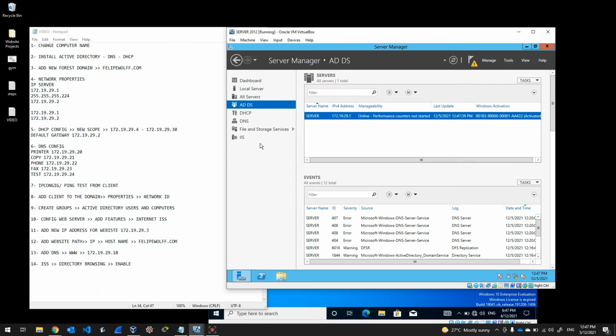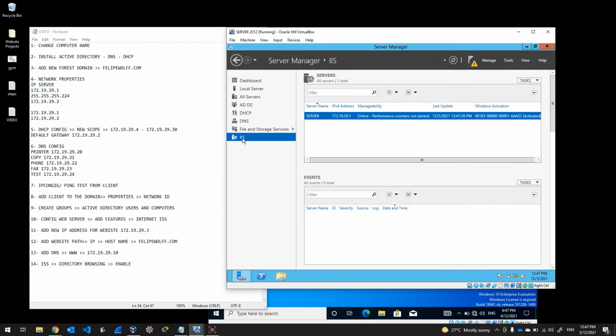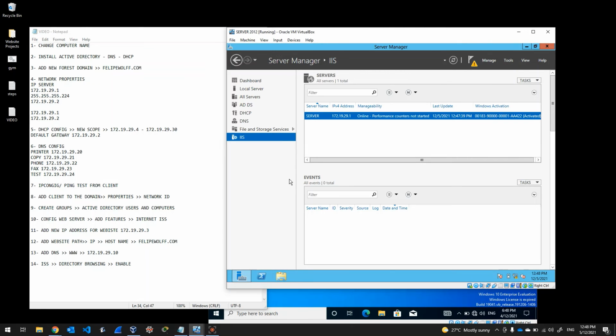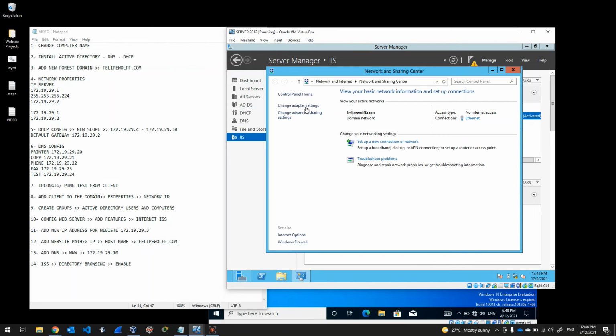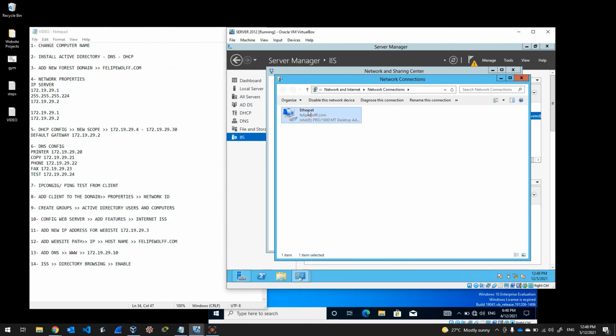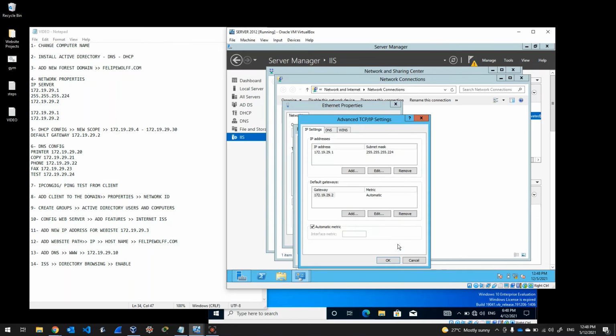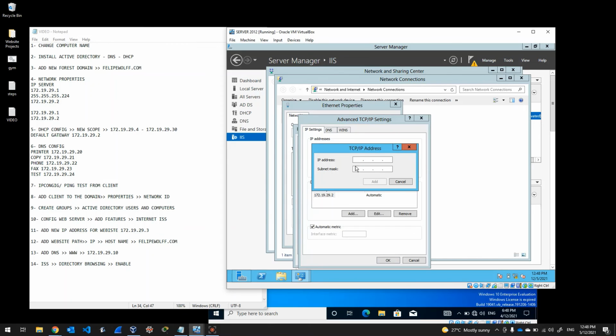Now we have IIS running. We can configure that, but before doing that, we need to add a new IP address for this website server. To do that, you just go back to our network settings. We go into the adapter properties, into IPv4 properties again, and then we go to advanced. Here we're going to add one more IP address, which in our case is going to be